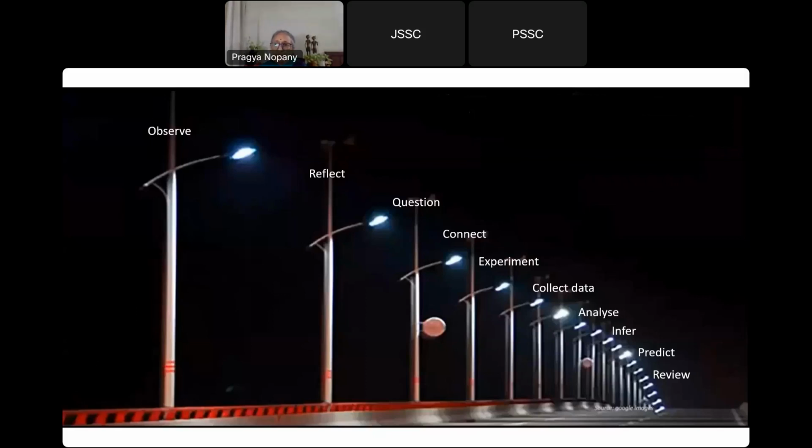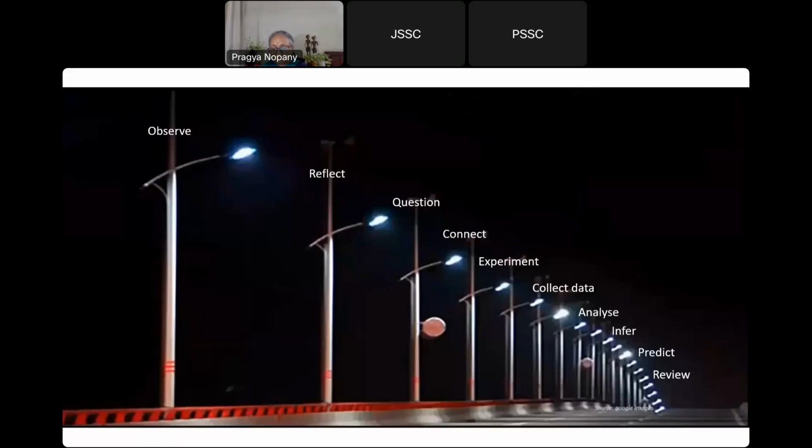So these are some of the competencies which will lead us to that scientific literacy we talked about in the previous slide. So now let us see one by one how we can develop these competencies in our classrooms. We may be teaching middle school, secondary school science, or even higher secondary physics, chemistry, biology. But these competencies remain the same, whether you talk of physics, chemistry, biology, maths, or any other scientific subject. So the first competency here was observe, then reflect, and then question.